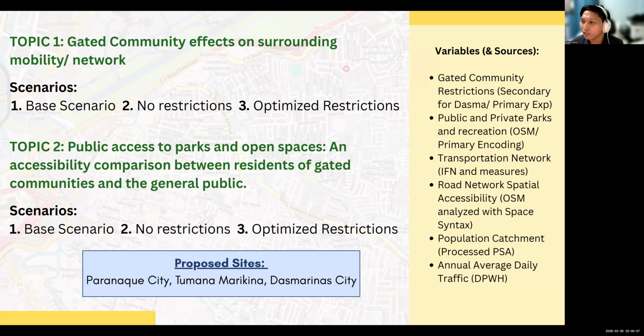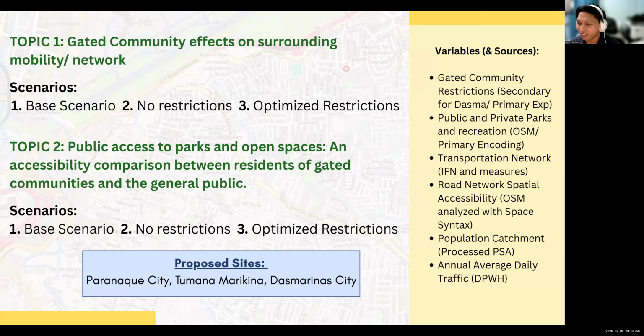For the public and private parks location, we'll just use OpenStreetMap and primary encoding. This is for topic 2 because that's the interest. And then for both topics, we're going to look at the transportation network. This is a placeholder because we haven't tackled yet the deep end of it, but we are hoping to learn more and measure the transportation network.